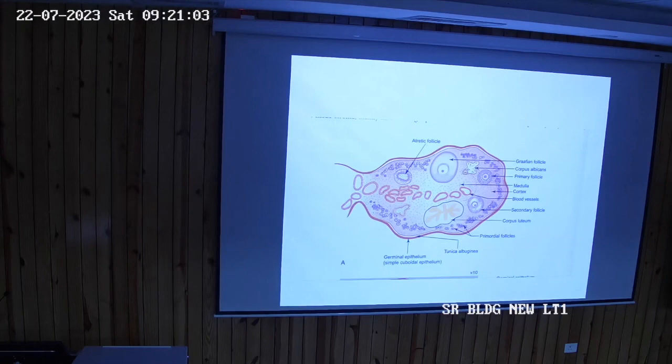In the next part, the liquor folliculi collecting in the different spaces now start joining with each other. And the joining of all these fluid collections is called the antrum. As the antrum is formed,